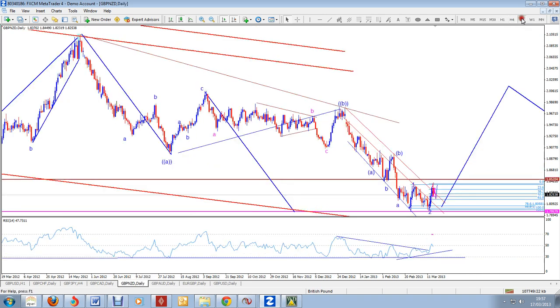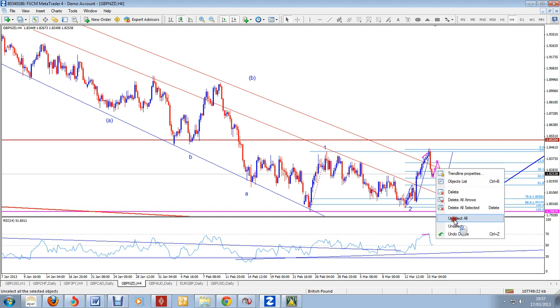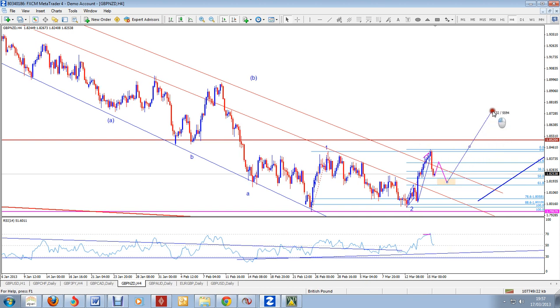And then on the RSI, on the daily, we've still got divergence to confirm what we were looking for previously. We are looking for higher high, higher low on the daily chart. So we're still basically looking for a completion of retracement of that leg up. So we'll finish up with the 1 and 2, and then minor 1, minor 2, and then we should be up in a very strong move to the upside for a wave 3. So I think the long trade on this one will still materialize. It's taken a bit longer,